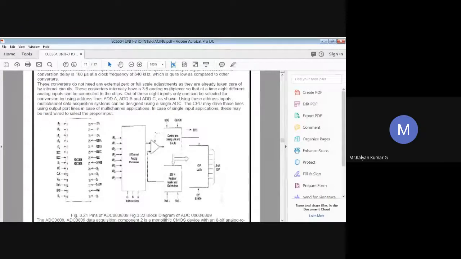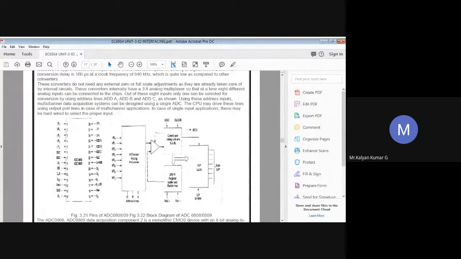Like your SOC, we have the end of conversion. So what does that mean? This signal will be asserted high by the ADC to indicate the end of the conversion process. In addition, you can also use this EOC pin as an interrupt signal to the processor. Okay. And then what pin is left?